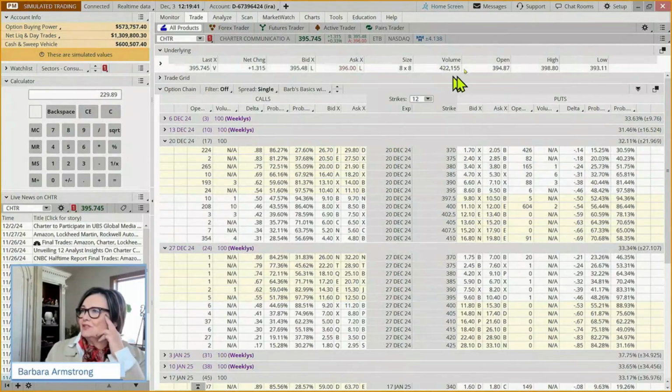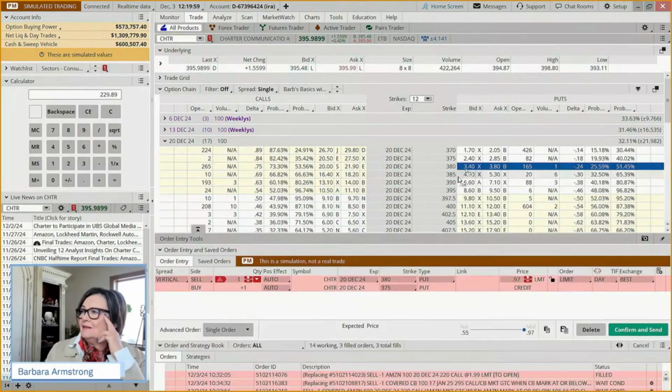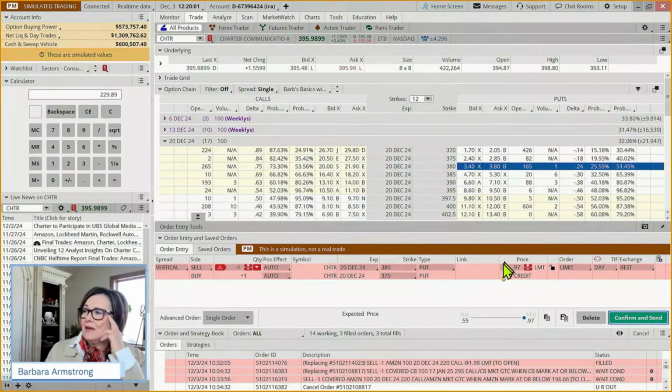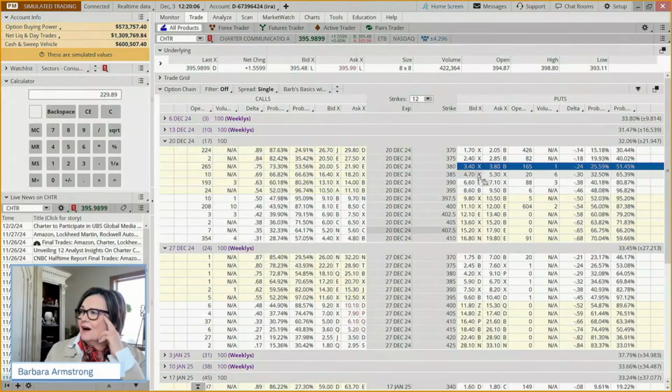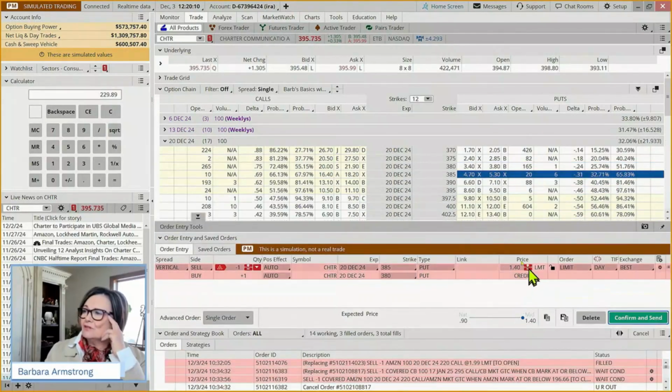It's traded 500,000 shares almost, 420,000, but it is a $400 stock. We want at least 20 times the number of contracts we're thinking of trading. We're only going to do 1 or 2 contracts. We look at this 380, 375, we get paid 97 cents. If we went to the 385, we'd get $1.40, and we're risking how much?